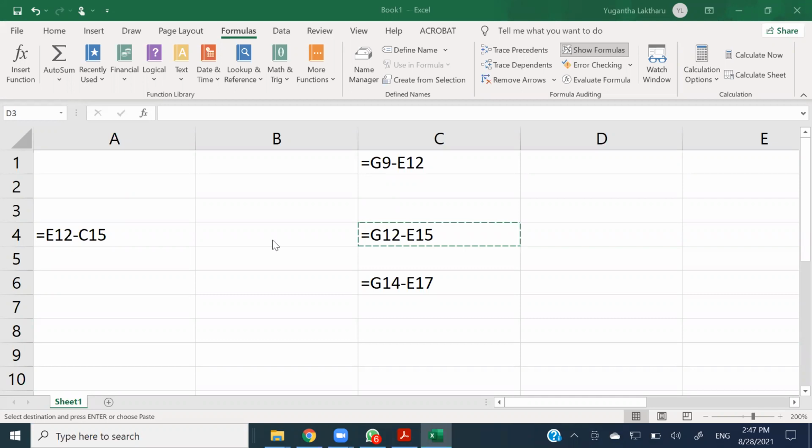Right? So what is happening, people? Now, when this should be copied over here,